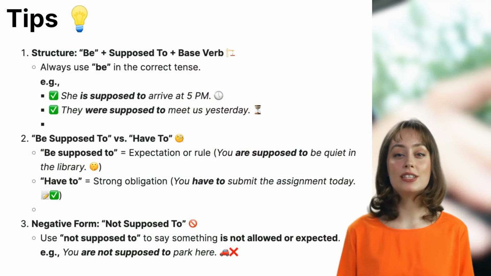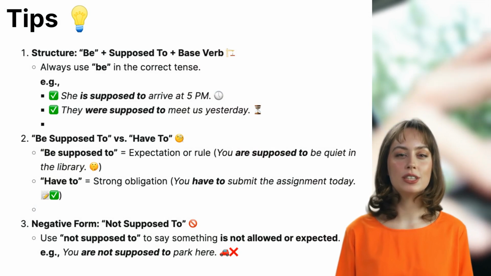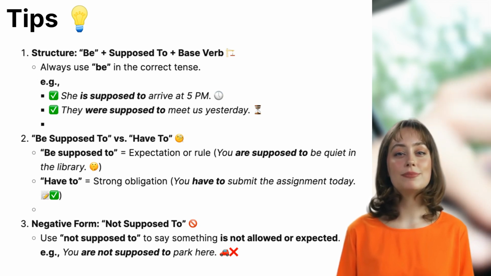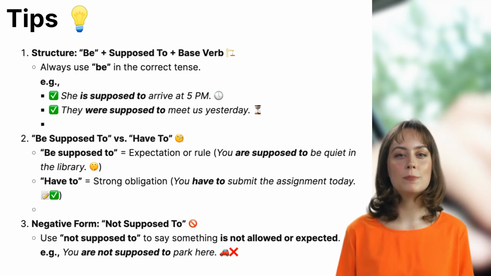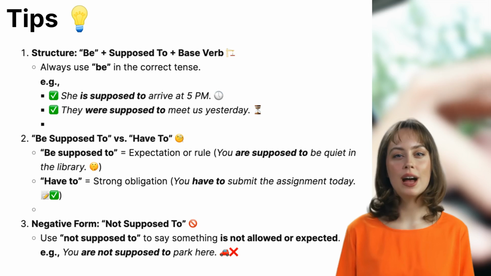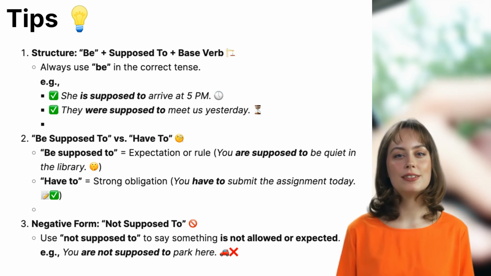Now that we've covered the different ways to use be supposed to, let's go over some important tips to help you use it naturally and correctly in conversations. 1. Structure: be plus supposed to plus base verb. The verb be must always match the correct tense and subject. Examples: she is supposed to arrive at 5 p.m. Present: they were supposed to meet us yesterday. Past: